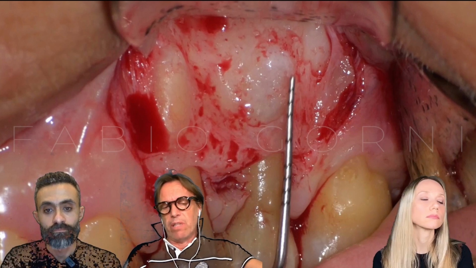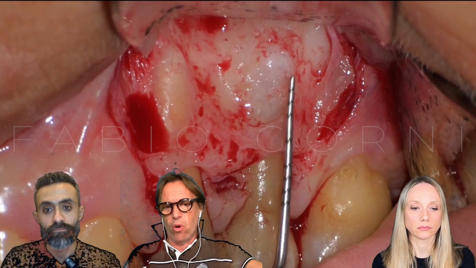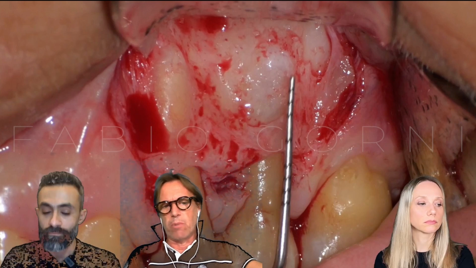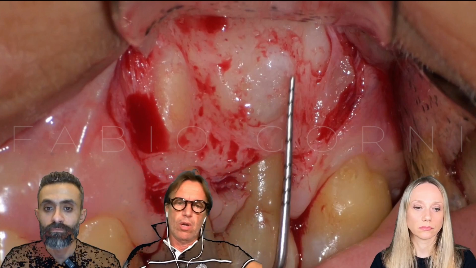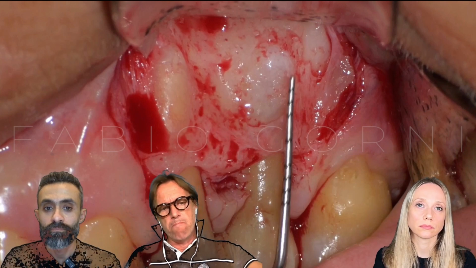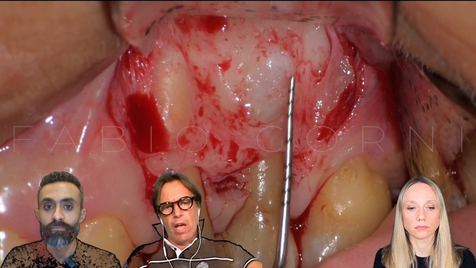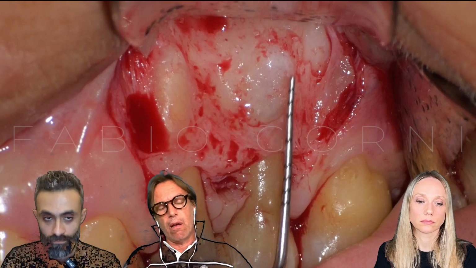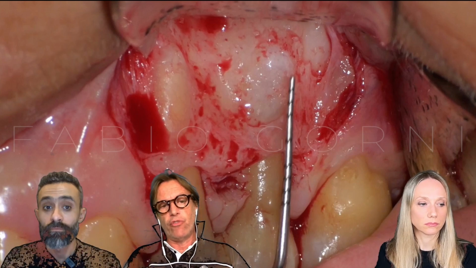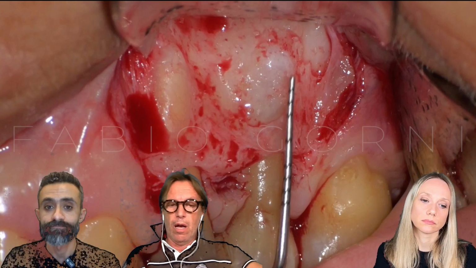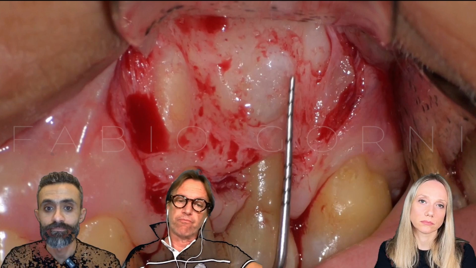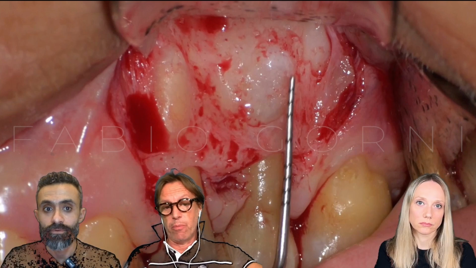When sometimes the mental foramen is so close to the apex, in that case probably it's better to make a notch in the cortical bone just to fix our periosteal elevator, for example.